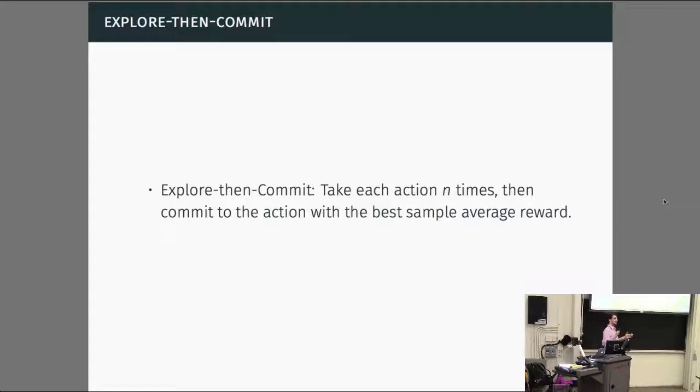And we know as n goes to infinity, we're going to converge to the best action. But obviously we don't want to do that, especially if we have a finite number of times to act, right? Okay, so there's one way of doing it. We do this two-phased algorithm, right? The first phase is exploration, and the second phase is exploitation.